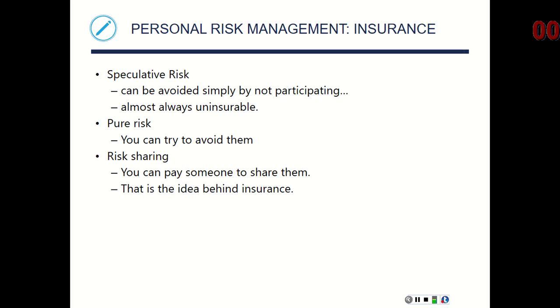So there are different types of risk involved. We can have speculative risk, which we can avoid by simply not participating. I don't want to drown? Guess what? I'm not going to go into water to avoid that risk. We've got pure risks, the things that we can try to avoid. We can try to avoid getting sick to the best of our abilities, though it may still be out of our control depending upon what we come into contact with in our environment.